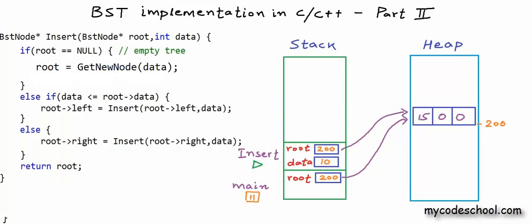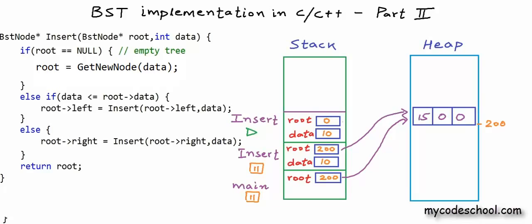Now this time for the insert call, root is not null, so we will not go inside the first if. We will access the data field of this node at address 200 using this pointer named root in insert function, and we will compare it with this value 10. 10 is lesser than 15, so we will go to this line, and now we are making a recursive call here. Recursion is a function calling itself, and a function calling itself is not any different from a function A calling another function B. So what will happen here is that execution of this particular insert call will be paused,